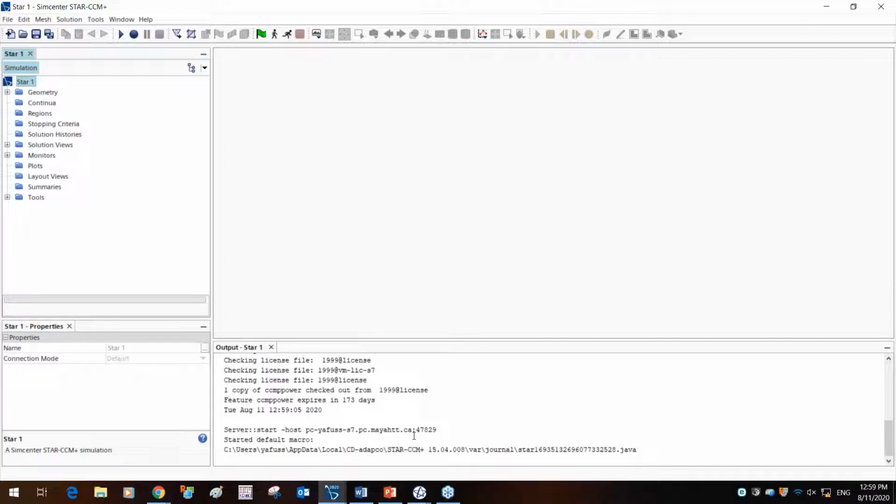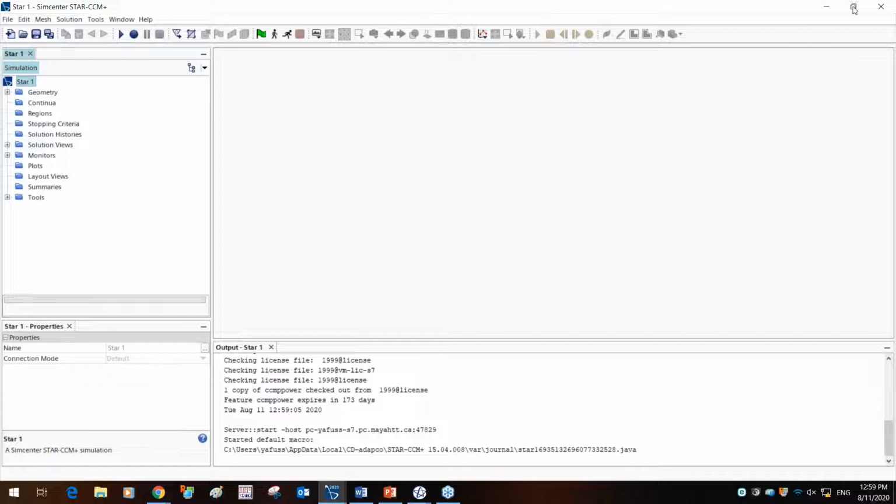So for anyone who has not been able to reach this step, please don't hesitate to reach out to me. I'll leave my email towards the end, and we'll make sure that you have your licenses checked out and Star CCM Plus fully installed. Now, note that this recording will be provided to you, so you don't necessarily have to load the tool for this session.